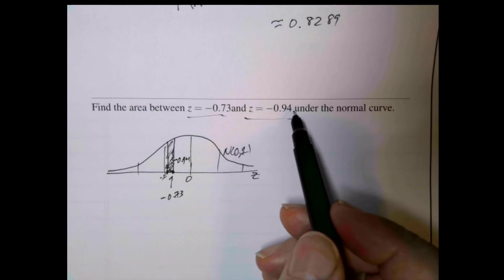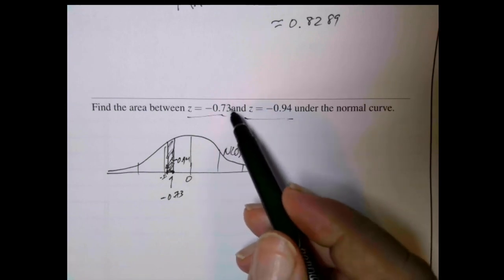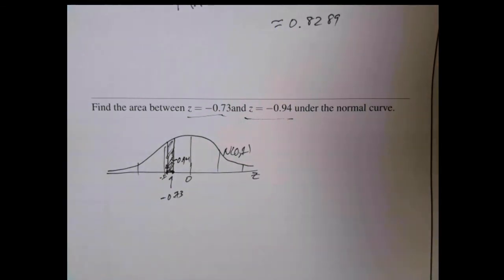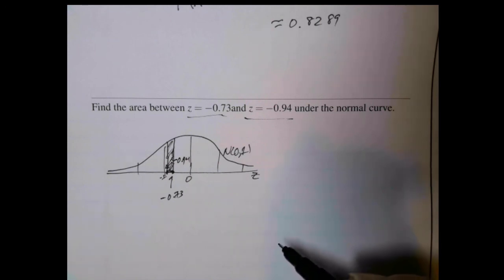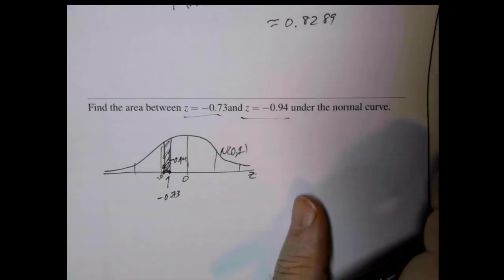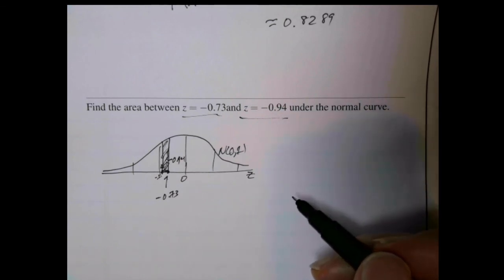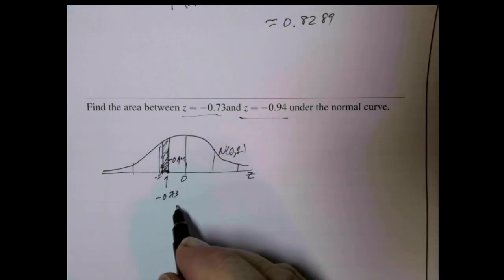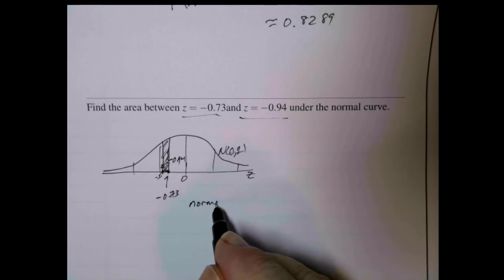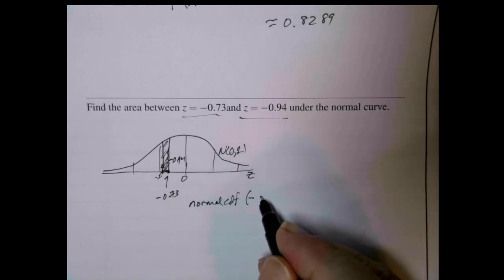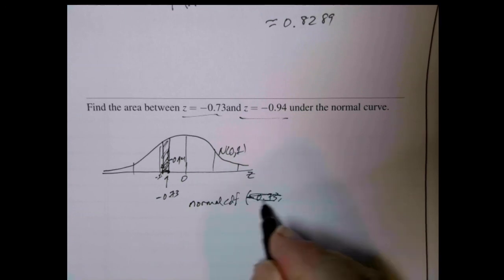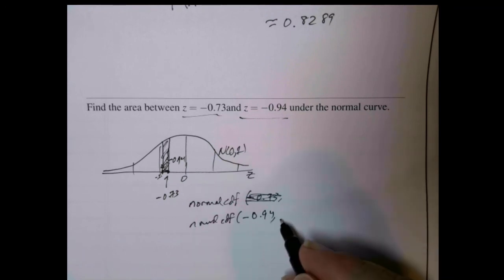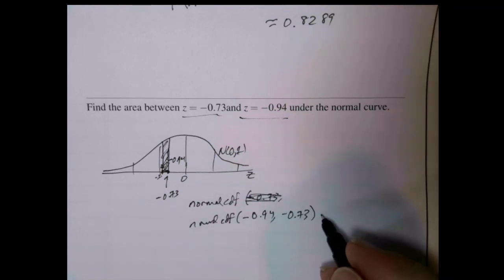First of all, it's very tempting when you see something like this to punch minus 0.73 comma minus 0.94 into your calculator in normal CDF, which, if your calculator is like mine, will give you an answer. It'll just be the wrong answer. It'll be the negative of the correct answer, and you can't have negative probabilities or areas. So you got to get those points in the right order. But now, once you've realized this, all you have to do is the usual normal CDF of minus 0.94 to minus 0.73, and that just turns out to be